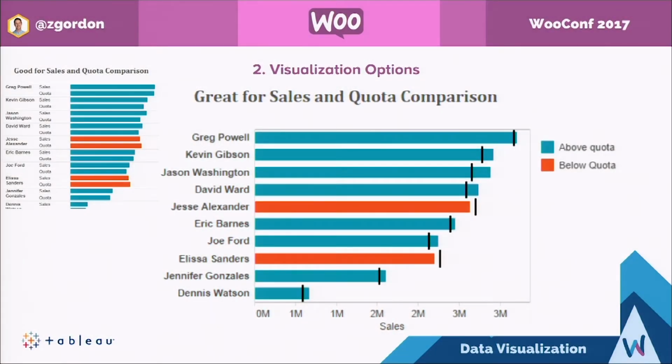So what this does is show their quota in a fixed line and then shows what they actually did as the bar or area graph. Now it's really easy to identify exactly where that quota was and how far above and below it they were, right? Now if we were to do this as an exercise, which would be a fun part of the workshop,